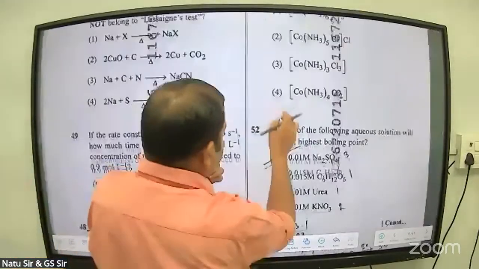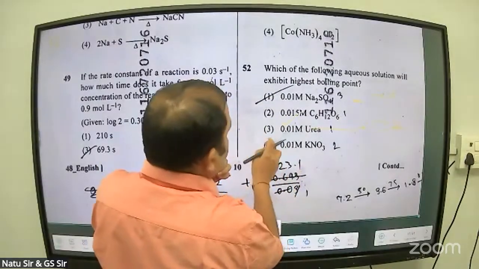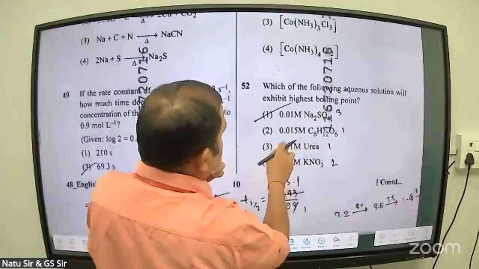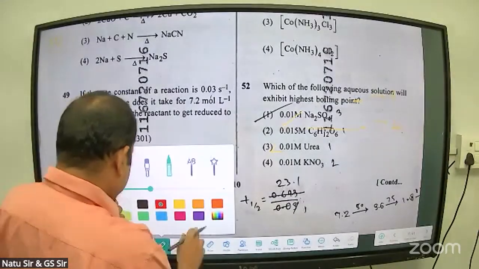That is 51, then 52. Which of the following aqueous solutions will exhibit the highest boiling point? So first of all, we can mention here